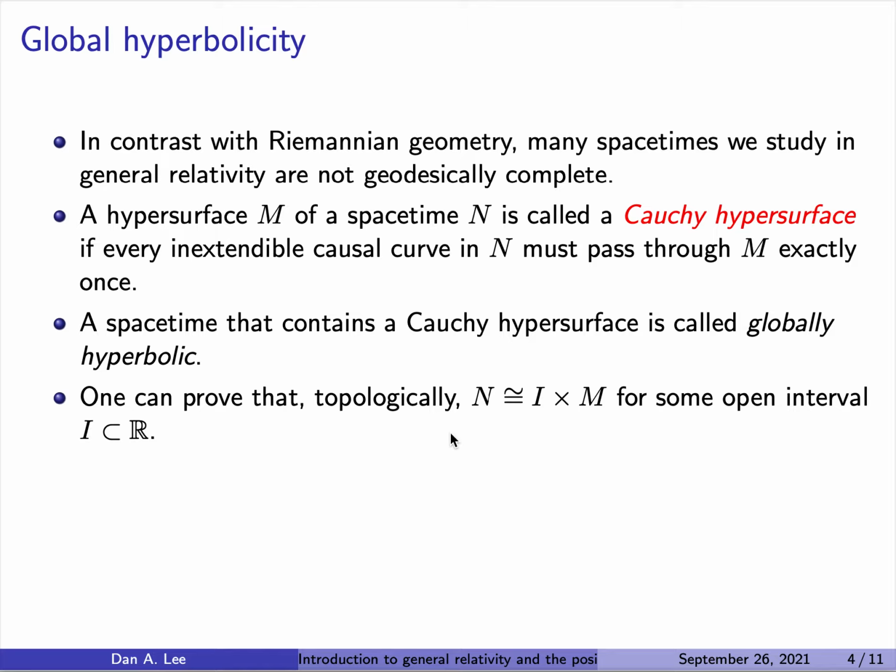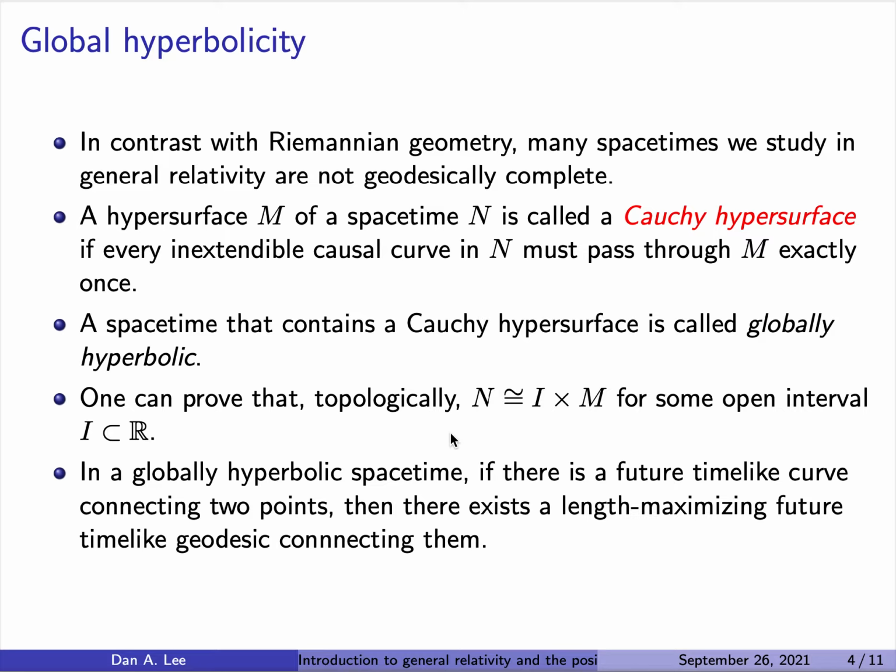Okay, in a globally hyperbolic spacetime, you do have a property that is shared by Riemannian completeness, right? In Riemannian geometry, completeness allows you to connect arbitrary points by minimizing geodesics. Here you get a similar property for time-like curves. If you have a future time-like curve connecting 2 points, then there has to be a length maximizing future